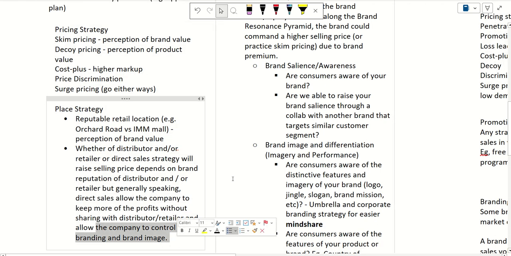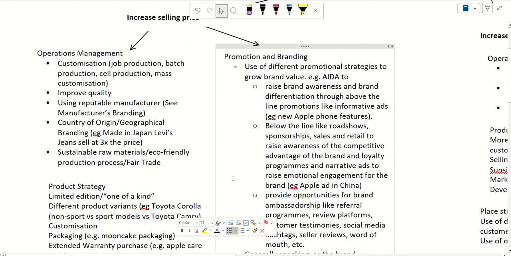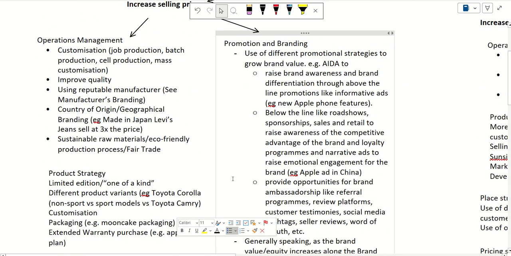The control of the branding and the brand image is important if, okay, and later you will look at it under branding, if a company wants to actually have a certain brand value and they are using it to increase their selling price. So for example, I'll give you a simple example. I just recently bought a kitchen sponge, to wash dishes. I could buy an NTUC own label brand, or I could buy a 3M, which is one of the better brands. So what did I buy? I bought a 3M because I wanted reliable quality on the sponge. I don't want it to break apart so easily. I don't want it to scratch my things too easily, things like this. So